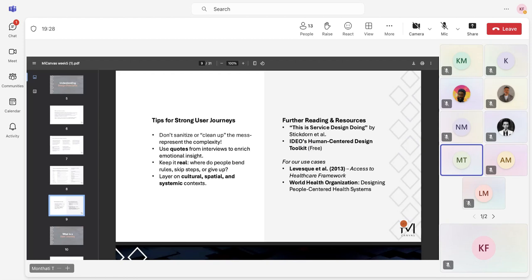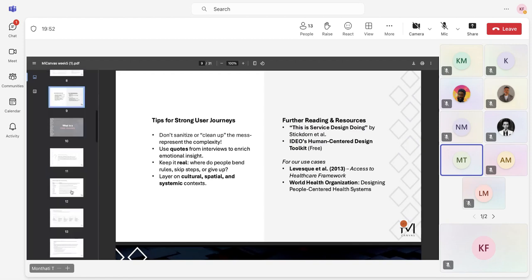And there are also a few other resources which will be more relevant as we go through the rest of the deck, that you can read on how you use these different artifacts, your personas, your archetypes, your principles, and your journeys in order to develop your end-state service or product. Cool. So we'll come back to this.